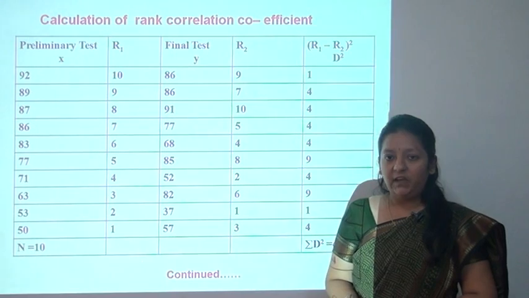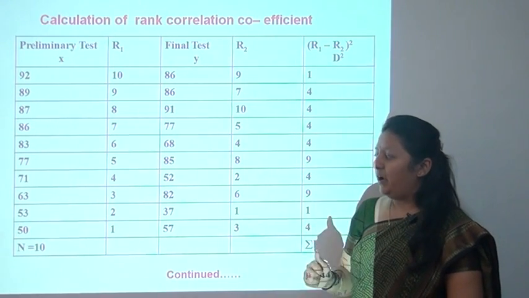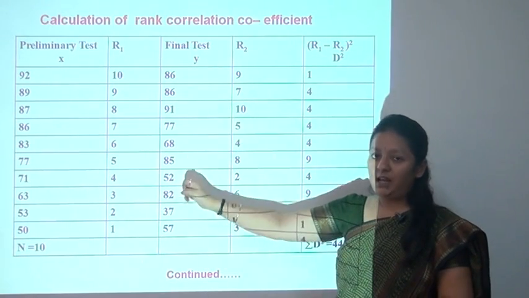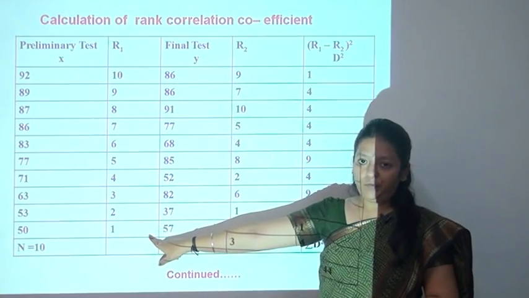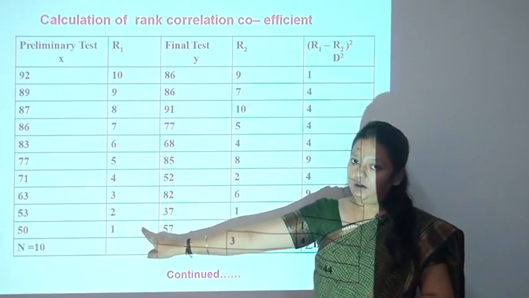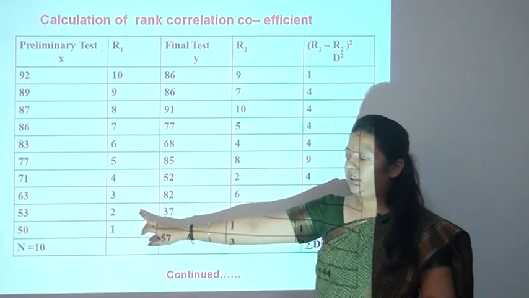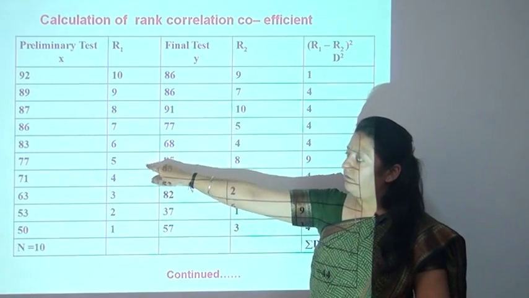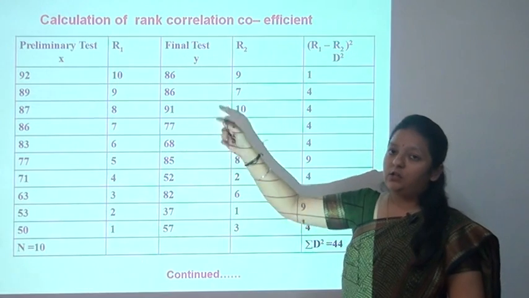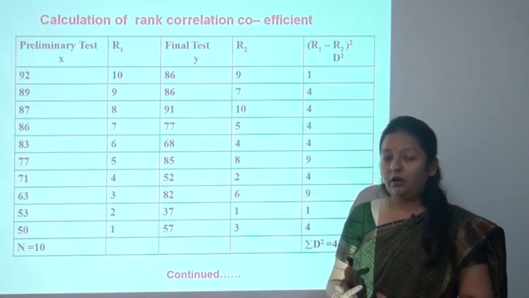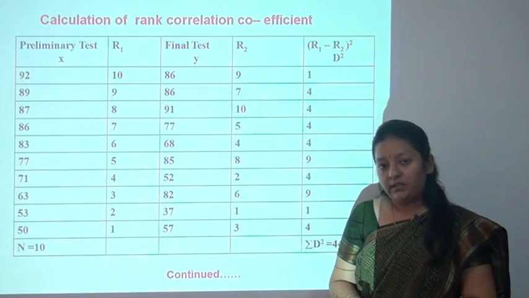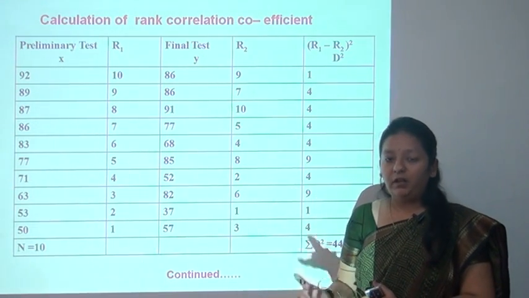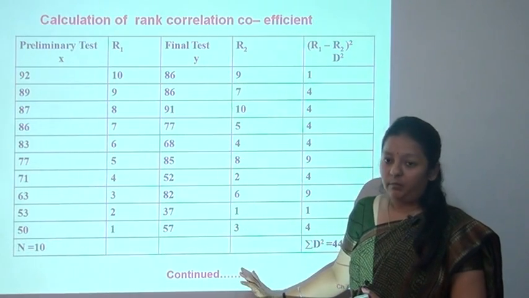First, we start giving ranks. We first give rank to the lowest element among all the observations. The lowest element is 50, so we give it rank 1. Another is 53, so 2 has been given as its rank, then 3, 4, 5, 6, 7 and so on. So the ranks are given in ascending order. The smallest value is given number 1, and the highest value is given number 10 in the variables.